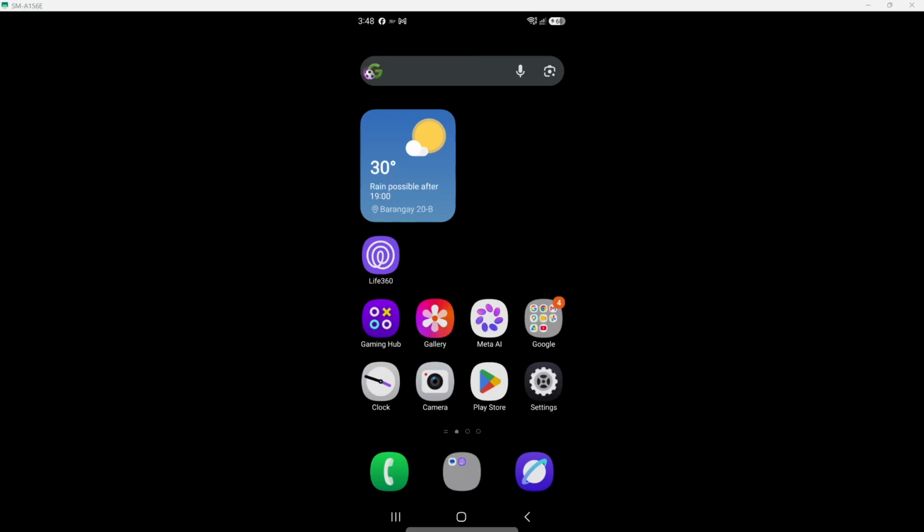In today's video, I'm going to teach you how to change your location on Life 360. First, let's start by opening the Life 360 app on your device. You'll find the icon on your home screen, and it looks like a blue circle with a white outline. Tapping on this icon will launch the app and bring you to the main screen.